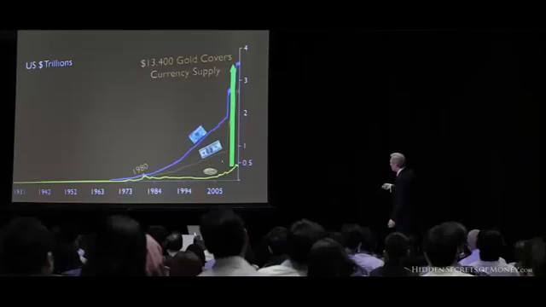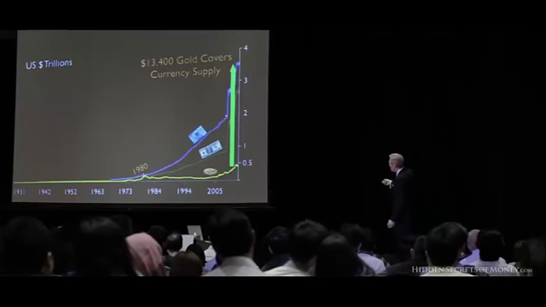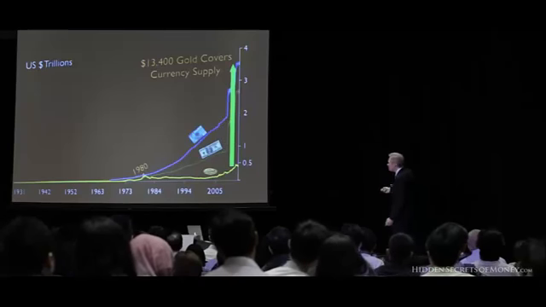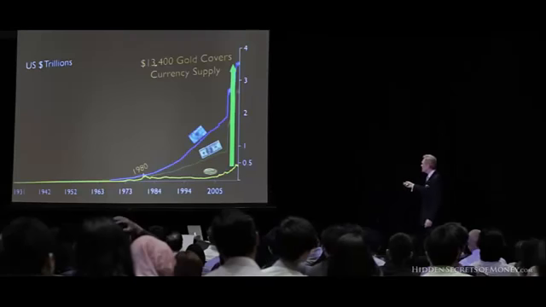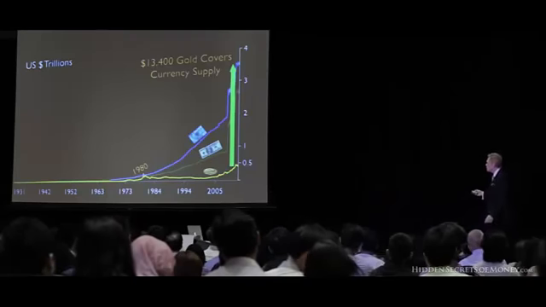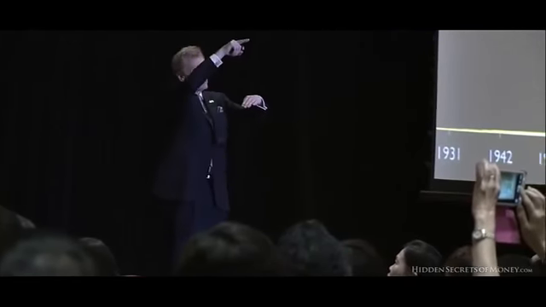Well, when I wrote my book, we were right here with base money. So base money plus outstanding revolving credit. It took about $6,000 an ounce for history to repeat. Today it takes $13,400, and if you include the same overshoot, remember in 1980 it didn't just cover base money, but it shot past it.